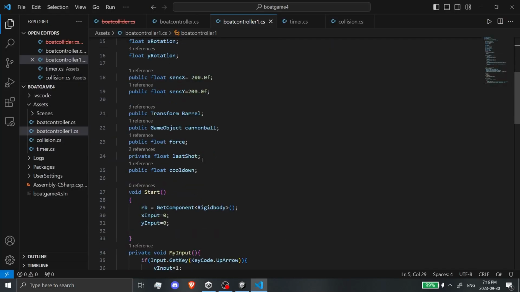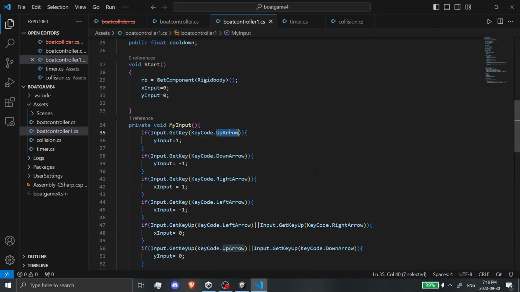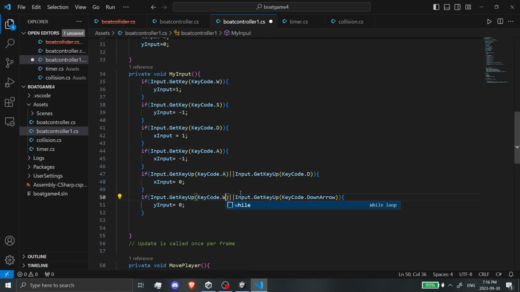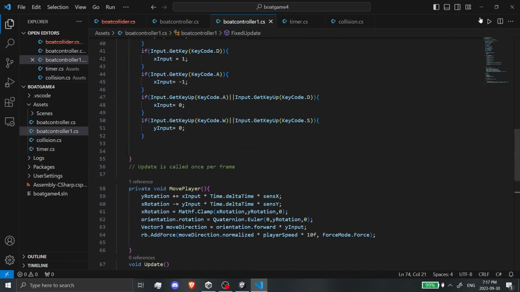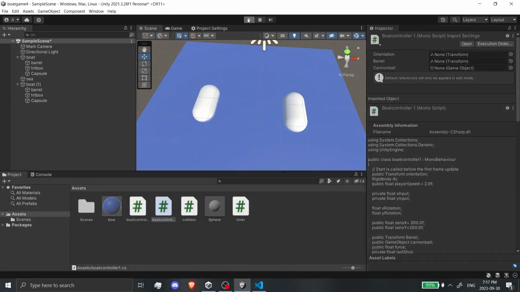Perfect. In our boat controller 1, our new boat controller, we want to change the key codes so that it takes W, S, D, and A instead of left arrow, right arrow, up arrow, down arrow, WASD. And instead of key code slash, we're going to take key code R. Now if we close it and press play,